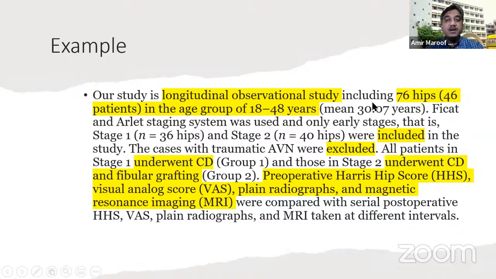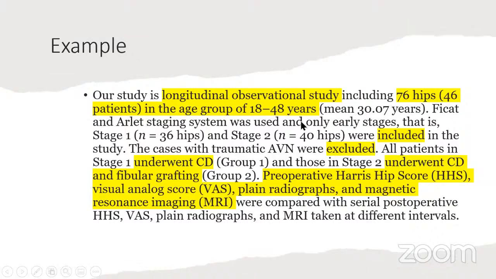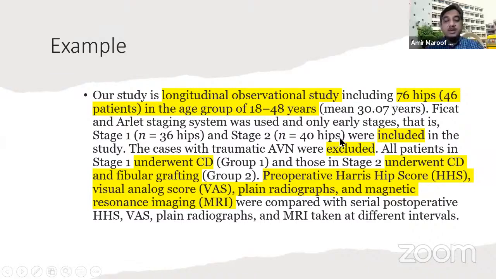But when we write in the thesis, then we'll say how much sample size we have. Then if you see, inclusion criteria and exclusion criteria are written, and then we move ahead to stage 1 underwent this and stage 2 underwent this. So what the intervention was, and then the outcome, is written. So this is a summary of what we're showing. I've taken it from the abstract. But if you look at the detail, each and everything is given in full detail